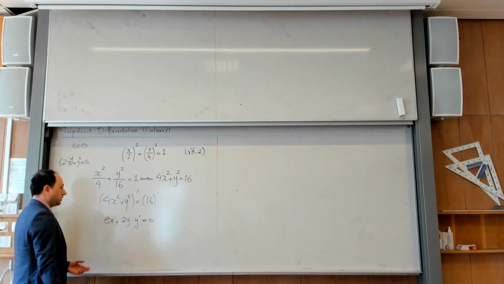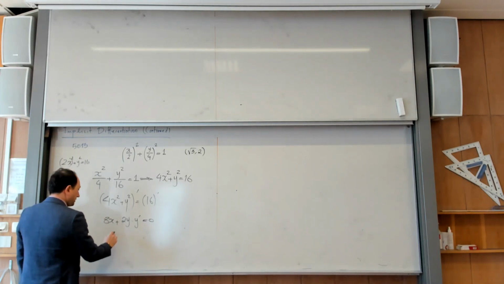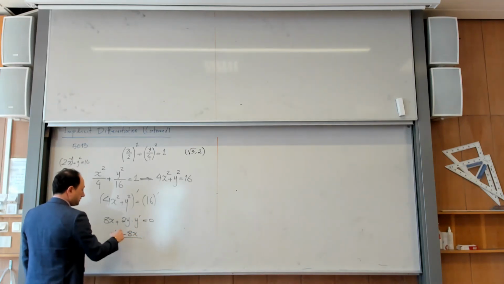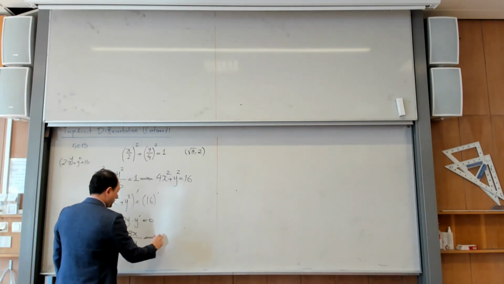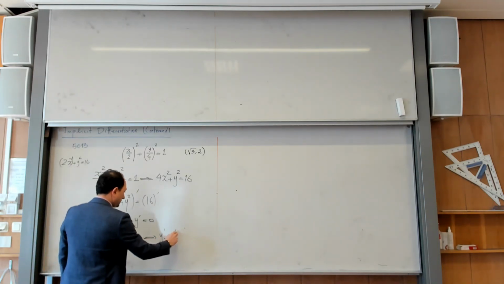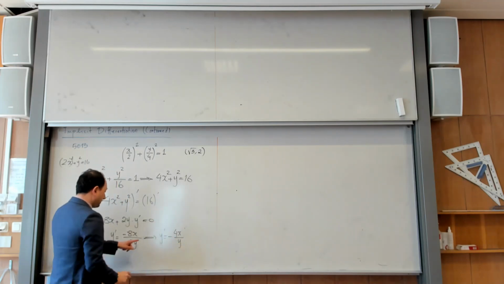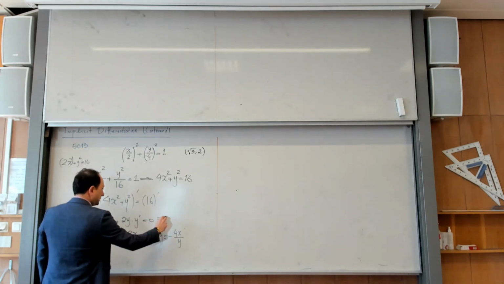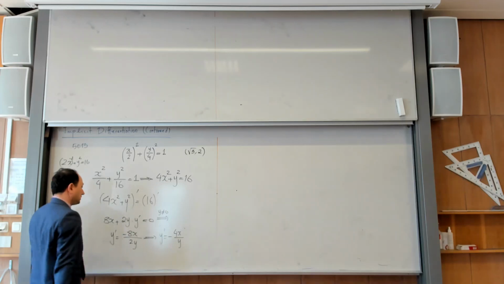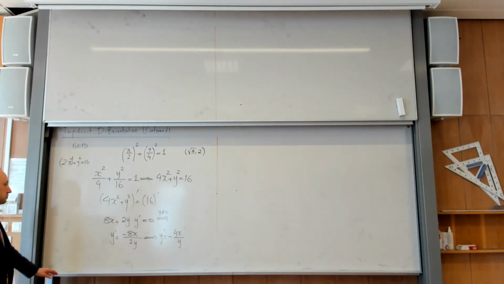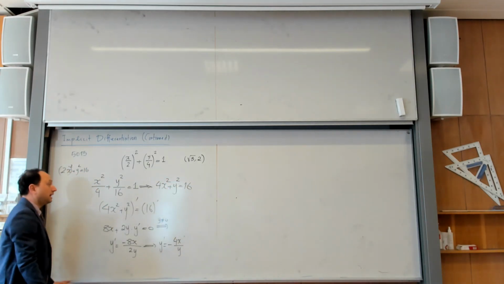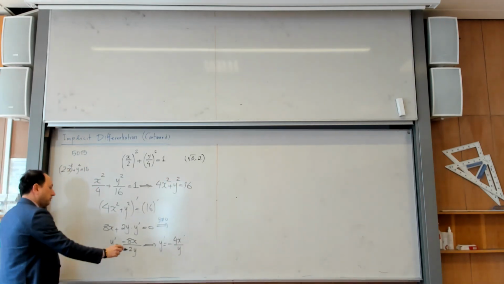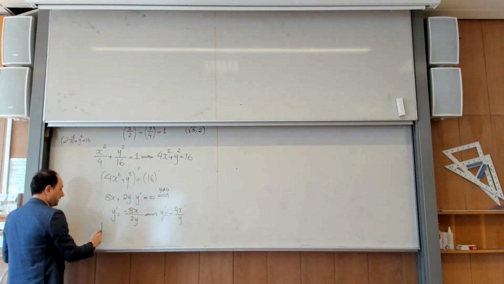Now I want to find the derivative y prime, so I move minus 8x to the left, it becomes minus 8x, and then divide by 2y to make y prime alone. So if I simplify that, y prime is minus 4x divided by y. Of course, in division, I am assuming tacitly that y is not equal to 0. And that is not the case, because here I am interested in this point. Okay, so then I want to find the k-value. So the k-value of the tangent